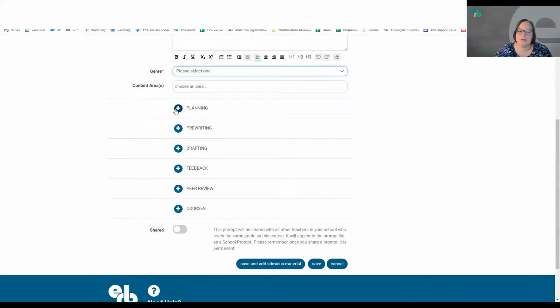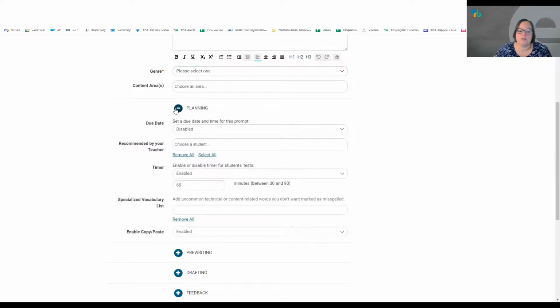But what's really powerful is that, like any prompt, whether it's an ERB provided prompt or your own, there are tons of options here for how you set this up for your students. You can set due dates. You can recommend specific prompts. You can add a timer for how long students have on a given draft. You can add specialized vocabulary, abbreviations, acronyms, things like that.